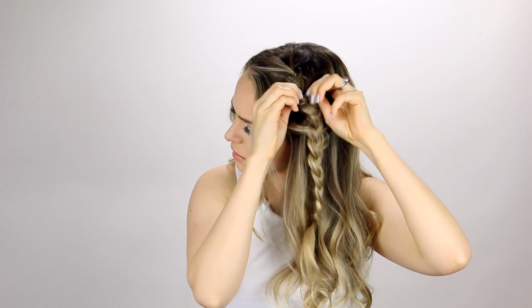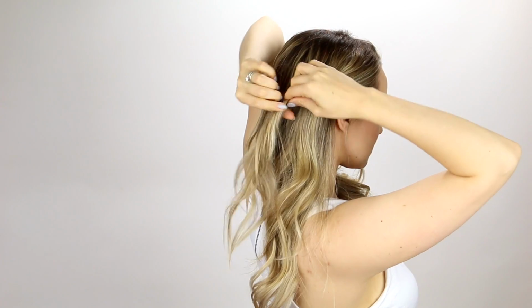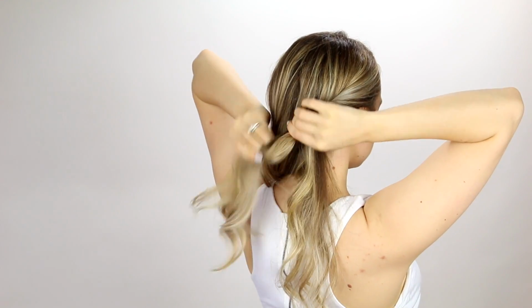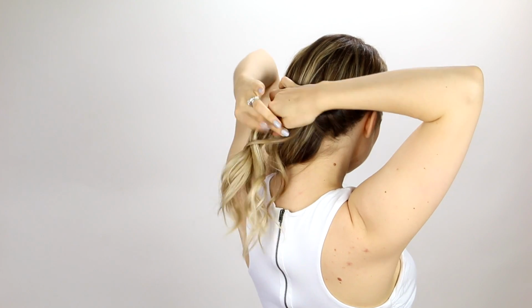Once everything's been pulled apart, you can go ahead and start on the other side. You're going to separate that half of your hair, pull everything else over your shoulder, and we're going to start twisting the other side by picking up a small piece near your face and twisting it away from your face. Then add in a little bit more hair and continue twisting. Add in a little bit more hair and continue twisting until all the hair from the nape of your neck